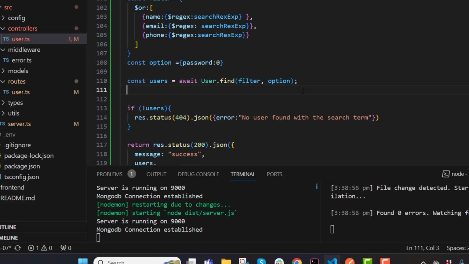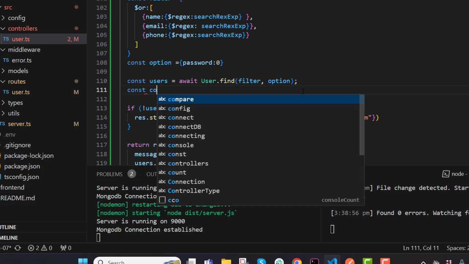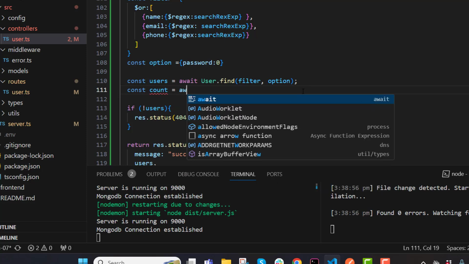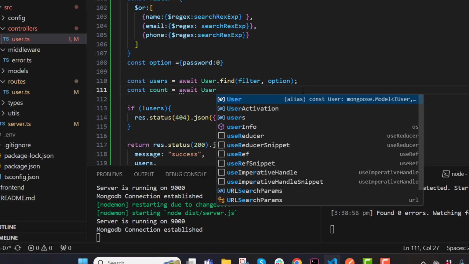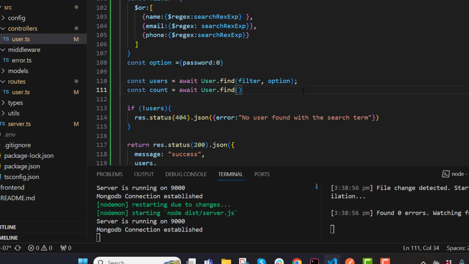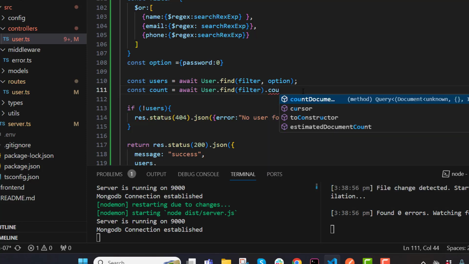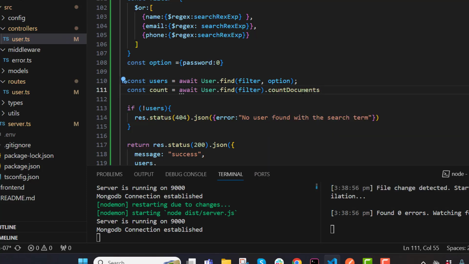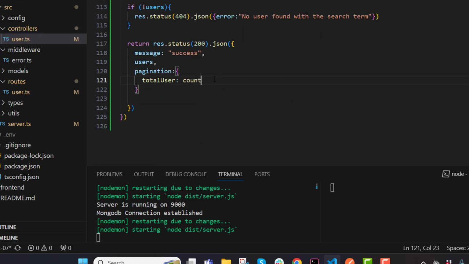So const count equal to await User.find based on filter and countDocuments. That is the MongoDB function. It will find the total users. You can say total users. Okay, it will find the total data from your documents. So we need count,